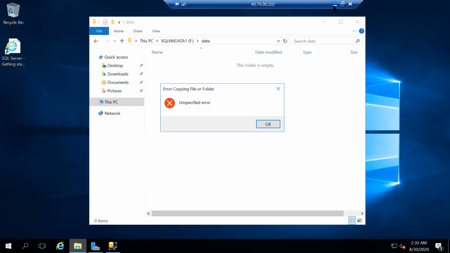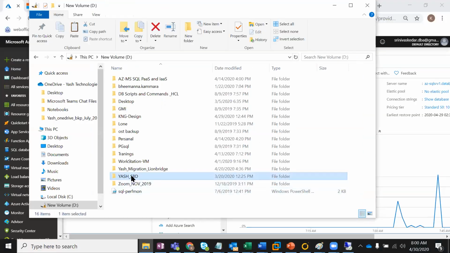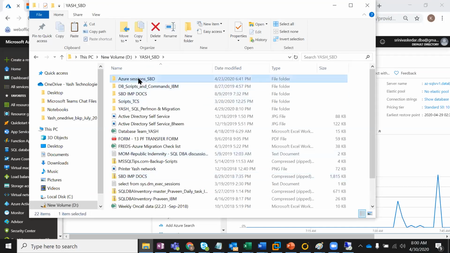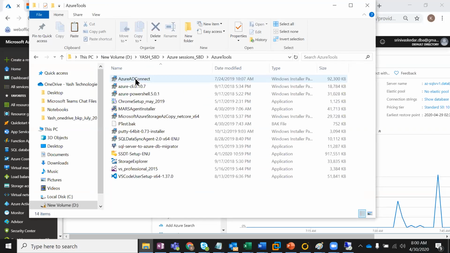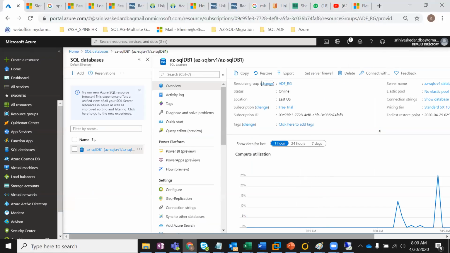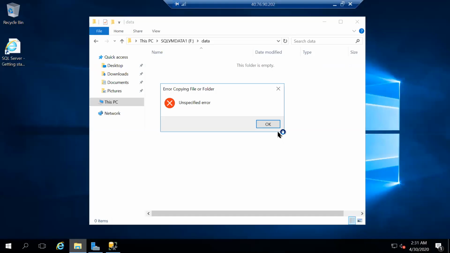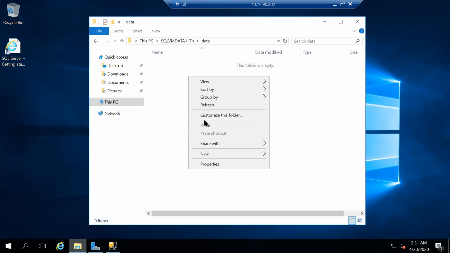Now, see, I'm trying to fetch that directly from my local. You might need some network path or... nothing, I'm just copying the file. Now it is going to accept.